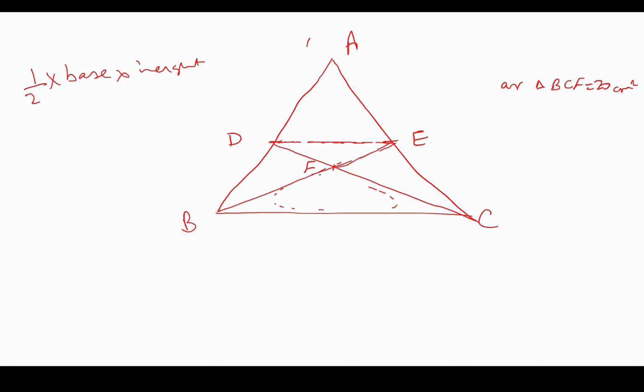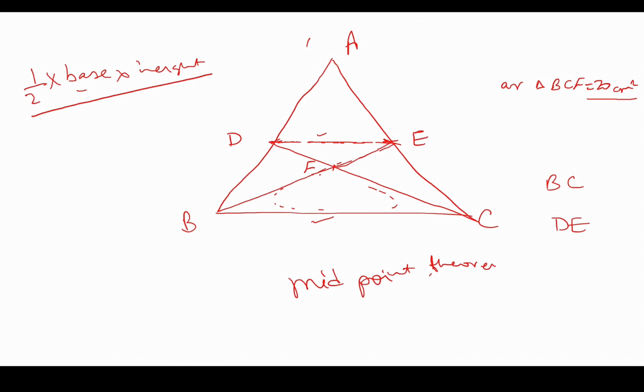So we have to, if we are comparing the area of two triangles, and already the area of one triangle is given, so what we know that we have to compare between the base and we have to compare between the height. The base is given here, the base of triangle BCF is BC and the base of triangle DEF is DE. Now because D and E are the midpoints of AB and AC, so we know by the midpoint theorem